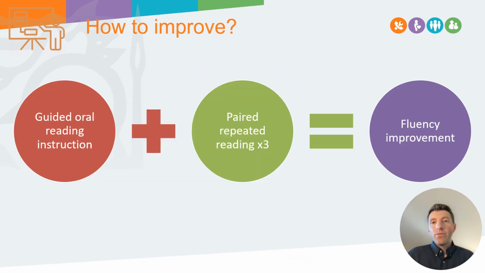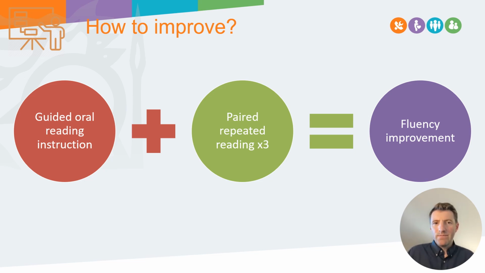So how do we improve fluency? Well, back in 2000, the National Reading Panel concluded that oral reading practice coupled with feedback and repetition was most valuable in developing fluency. So providing some kind of guidance in how to break up or chunk sentences, where to pause when reading so the words are grouped appropriately, that's the kind of input and instruction that's beneficial.